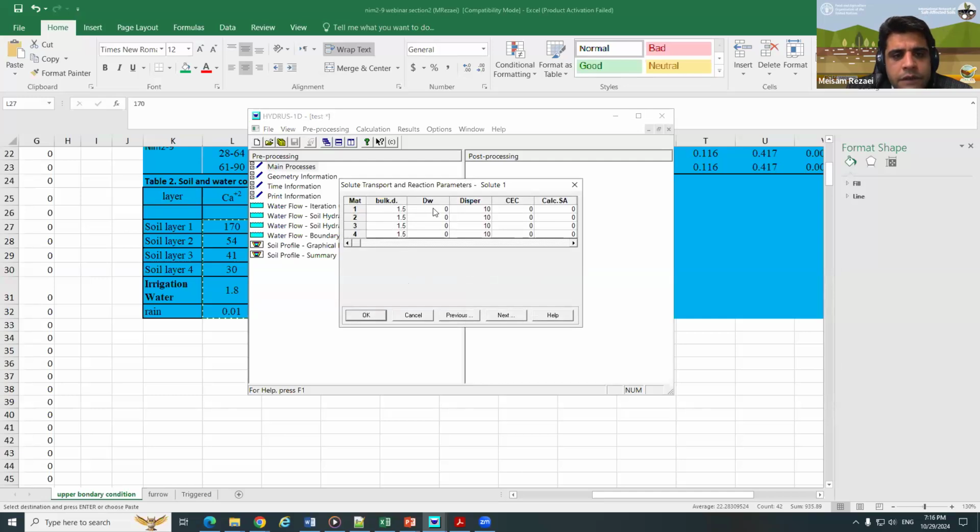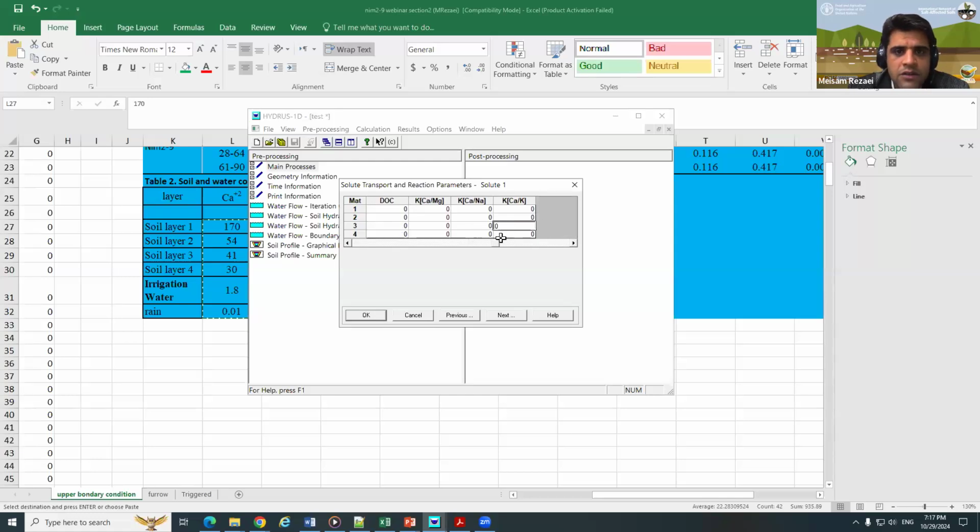And this is the diffusion of solutes in free water, and I would use like 2. It depends on the experiments and experience, you can change it. For the dispersion coefficient, normally in the literature, you can find that 1/10 of the soil profile would be a good initial estimate for dispersion. Once you want to calibrate your model, you can also calibrate the dispersion coefficient of solutes here. Since we don't have CEC or cation exchange capacity, calcium, and other things, we would use like 0. Push up,